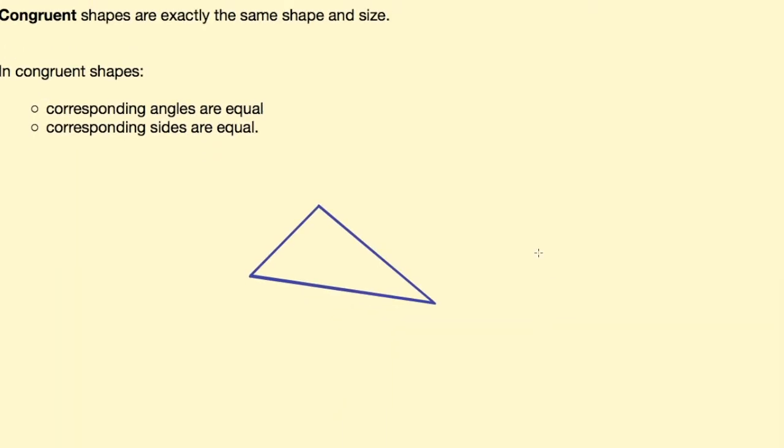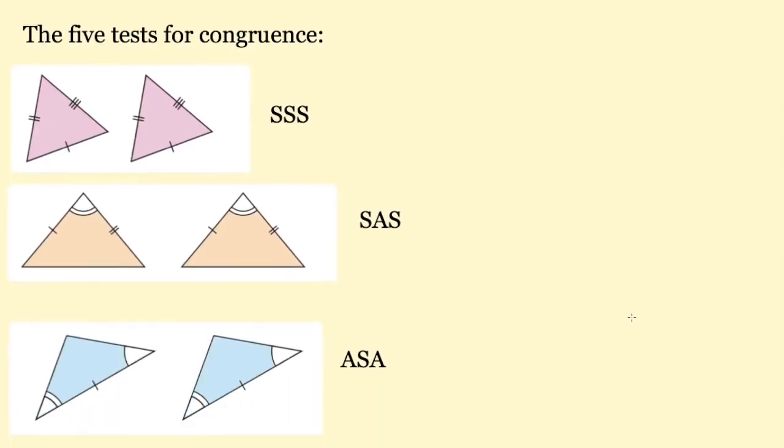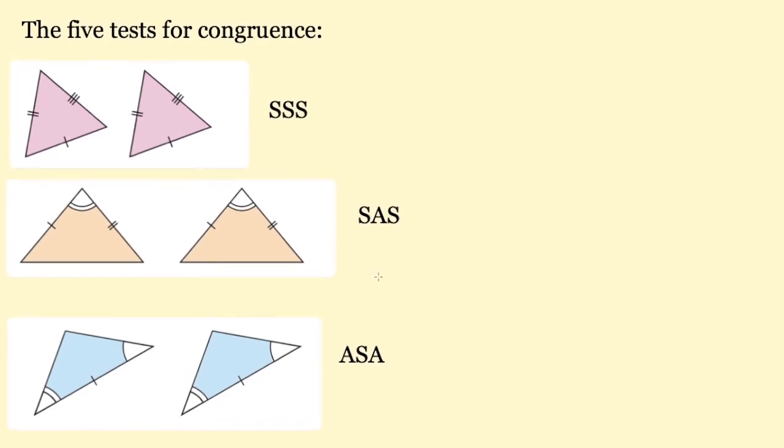Now sometimes this is confused with similarity, which is when one shape is an enlargement of the other. Just like similarity, there are some tests we can use to determine congruence. I actually did a video on similar triangles in which I talk about the tests you can use to see if two triangles are similar, and those tests are close to the tests for congruence. So here are the 5 tests for congruence, and there are abbreviations for each test to make it easier to